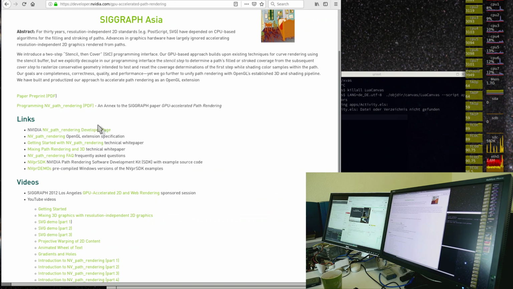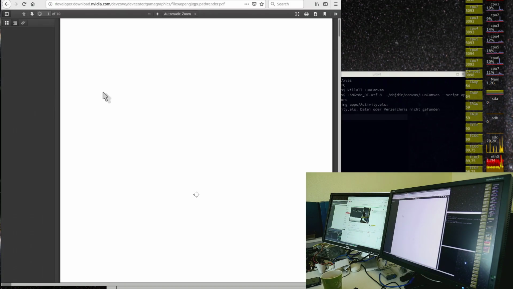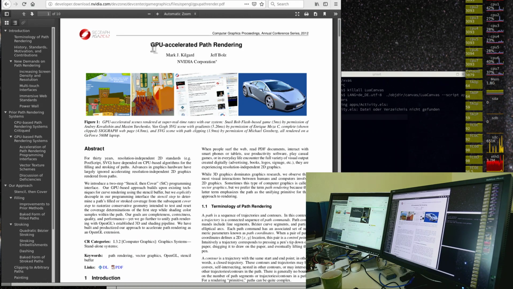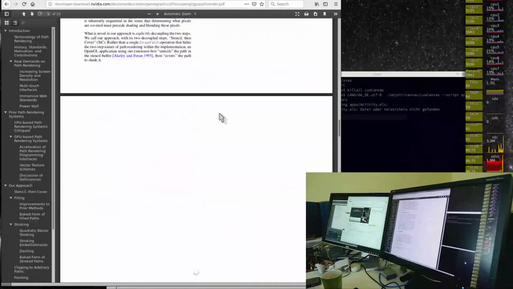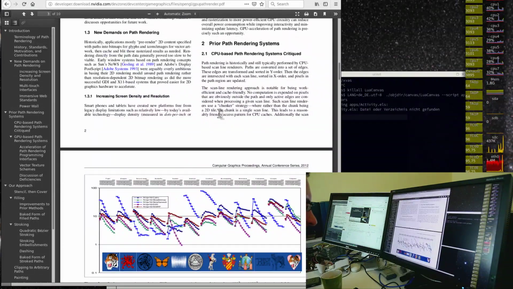Of course, it's not an upstream GL extension. It is an NVIDIA proprietary extension, because why not? And let's see, this is from, do they have a date in there? 2012 only, so you will see even this is relatively new and not many people are using this. So path rendering, and was there performance of,